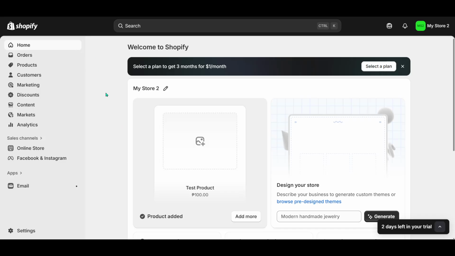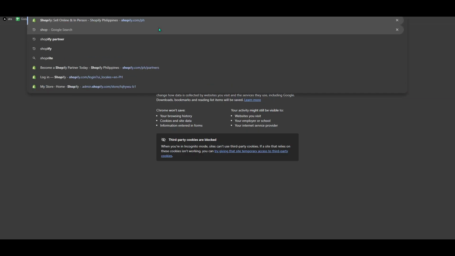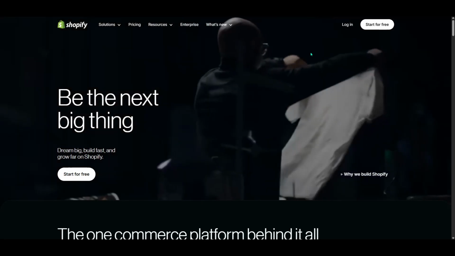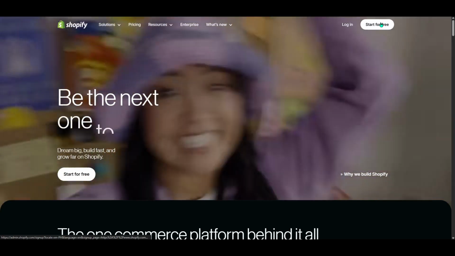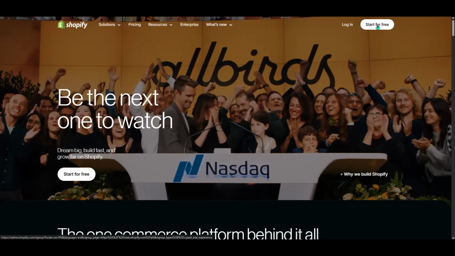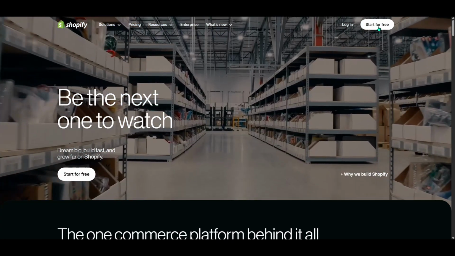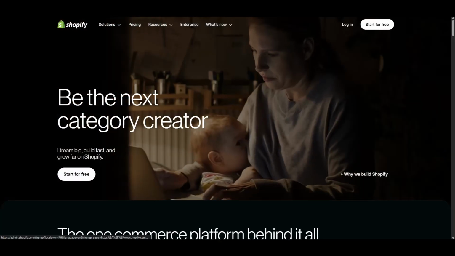social login option. Shopify allows you to log in through Google, Facebook, or Apple, and opting for one of these methods means your account will be automatically verified. This is particularly handy because it bypasses additional verification steps, allowing you to dive right into building your online store without delay. However, if you're using a regular email address to create your Shopify account, the process is a bit